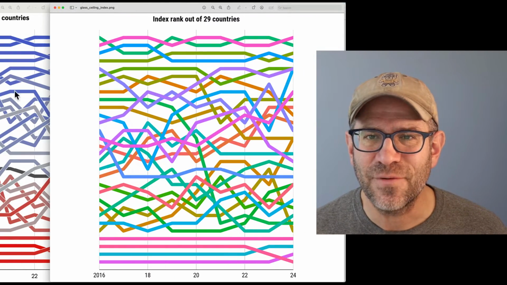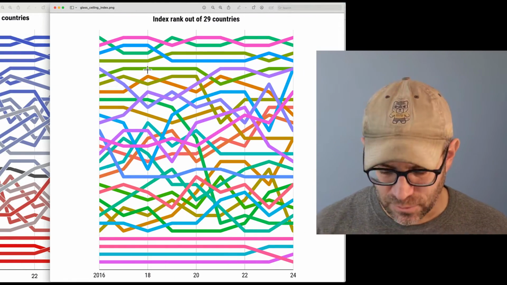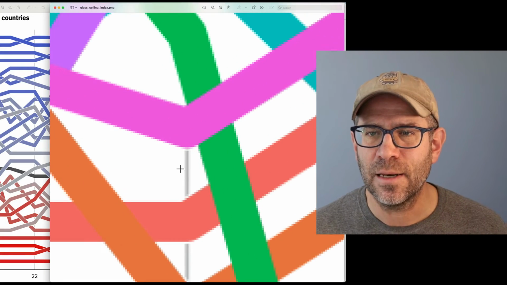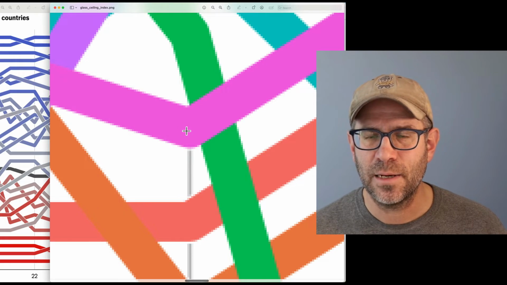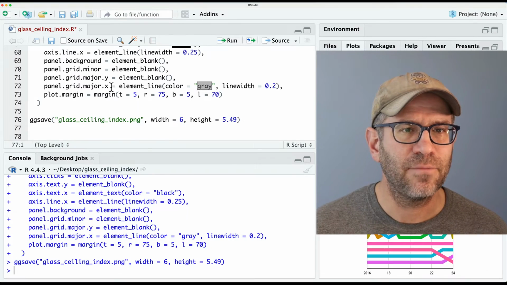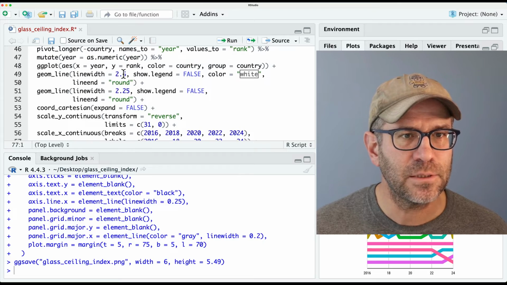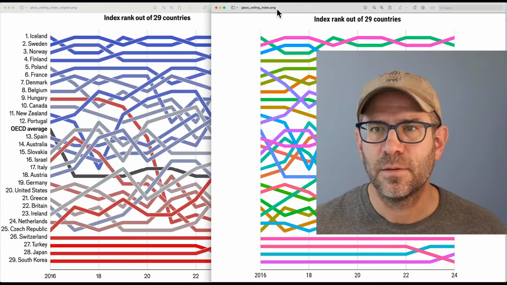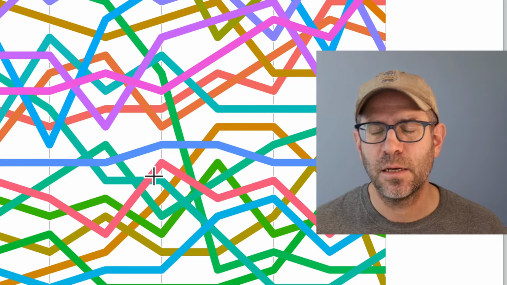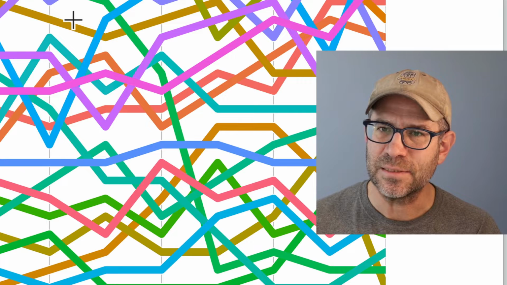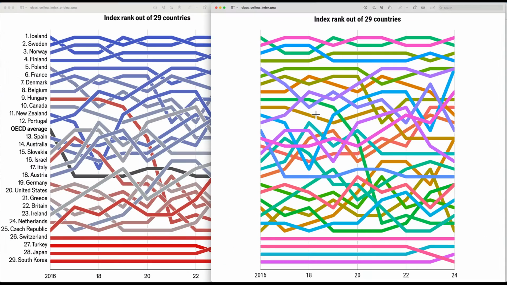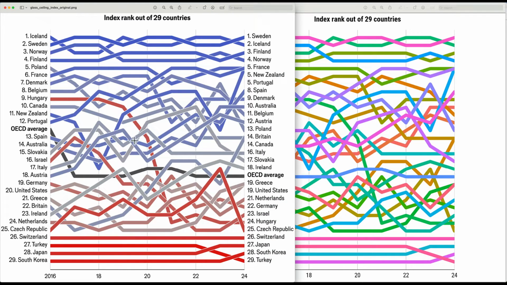I don't see the same effect that they had in the original, in The Economist, but if I zoom in, I can see that there is a bit of a gap between the grid line and the line itself. If I make that line a little bit thicker still, so if I take that up to say 2.75, then you can see more of that gap as well, right? So what's happening is it's putting down the white lines, and then it's putting our colored lines on top. But really what I would want to do is for each line to have the white line and then the colored line, and then a white line and a colored line,